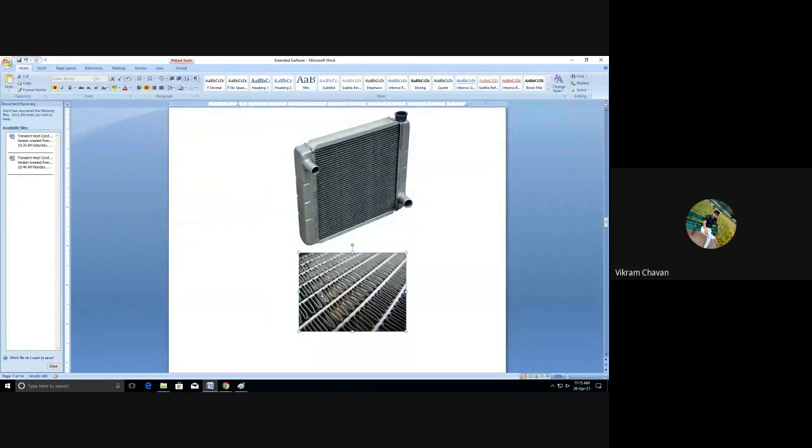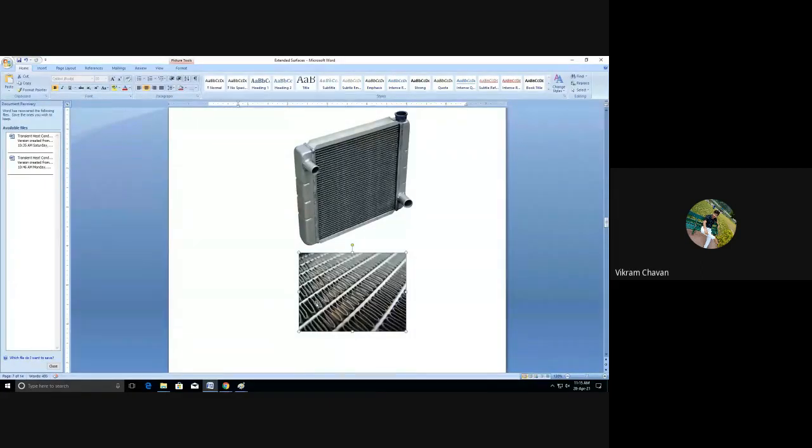Due to that, the heat transfer rate will get increased, and the liquid present in that radiator will get cooled as early as possible. So in automobiles, in four-wheelers, and now radiators are also installed in fast moving or high speed bikes. You can see the application of radiator in high speed bikes also, and in every four-wheeler there is a radiator. If you check that radiator, you will get this kind of structure.